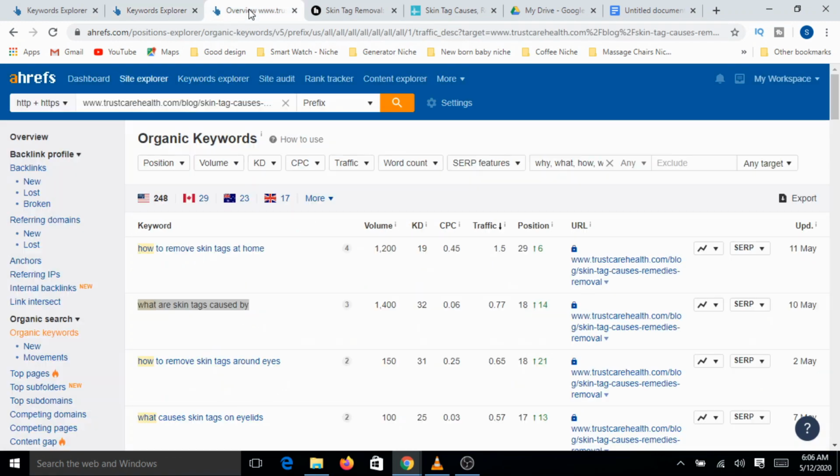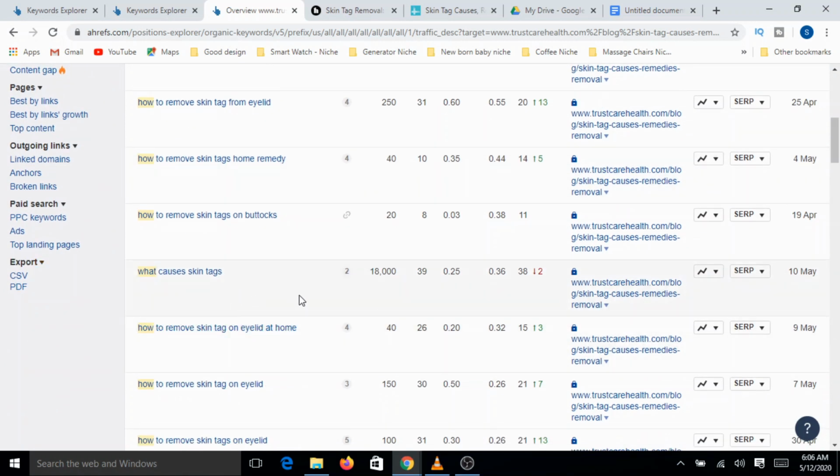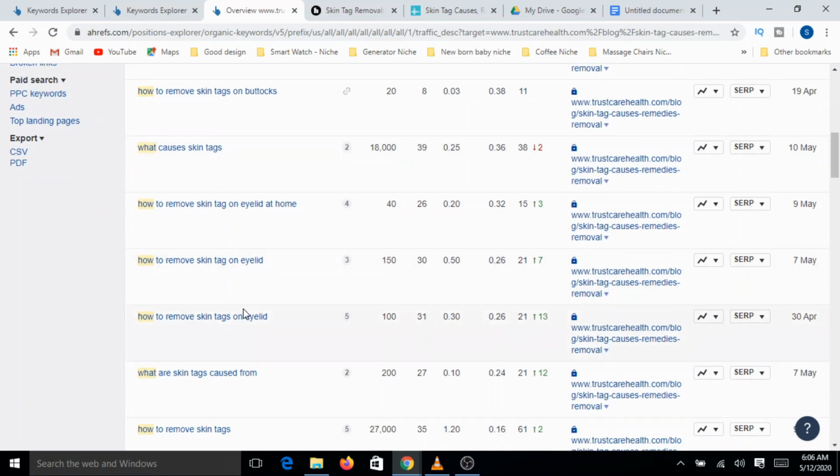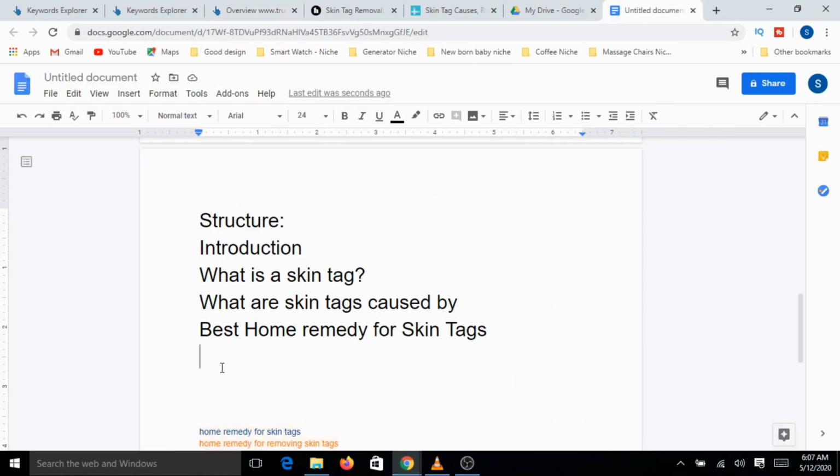Then you can pick up the subtopics. Basically you can talk about something like how to. When you are talking about the best home remedy, here you talk about how to remove skin tags at home.